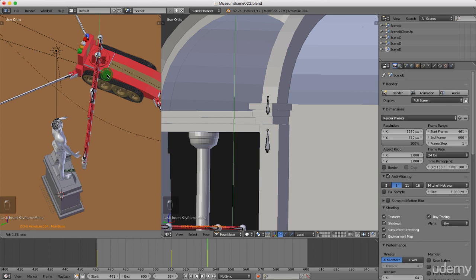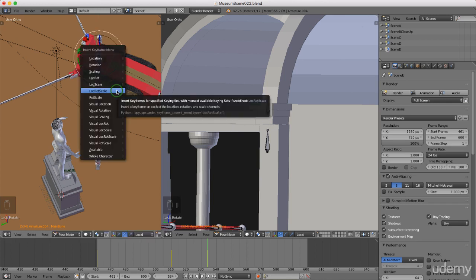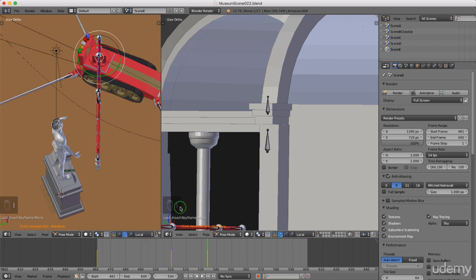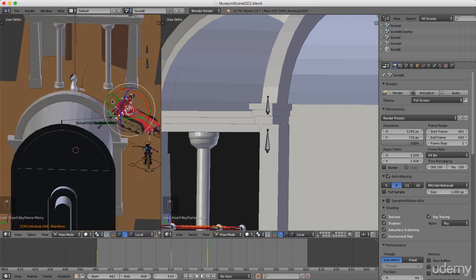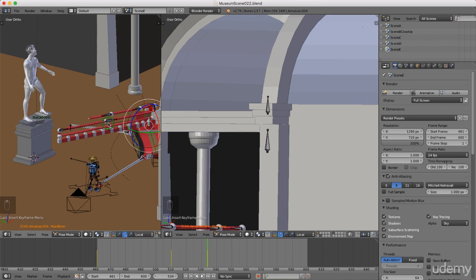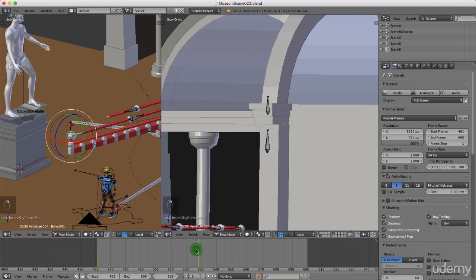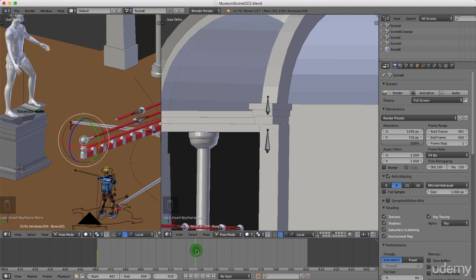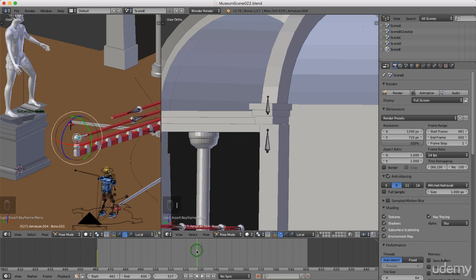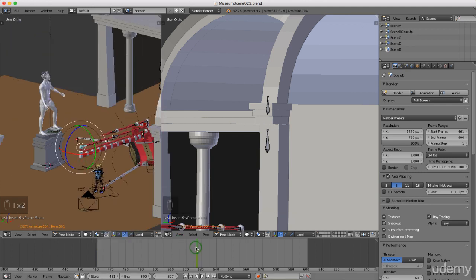I'm actually going to just drag it back slightly so it doesn't hit the statue, and press location, rotation, scale again on exactly where I was on that timeline. Okay, I'm going to select this one here and just snap back small, just slightly back, and just press I and location, rotation, scale. I'm just going to run the timeline on to where the other one stops. So I'm just going to come on to here and